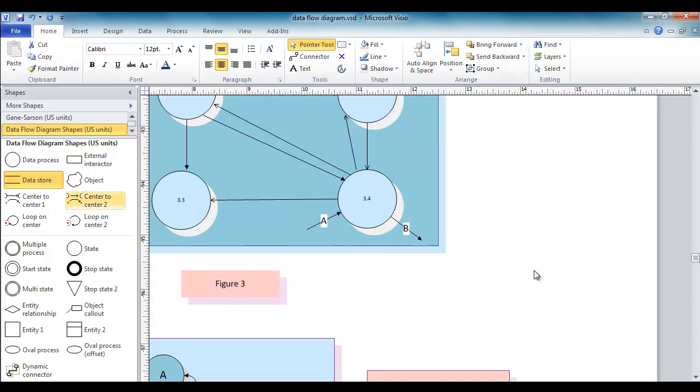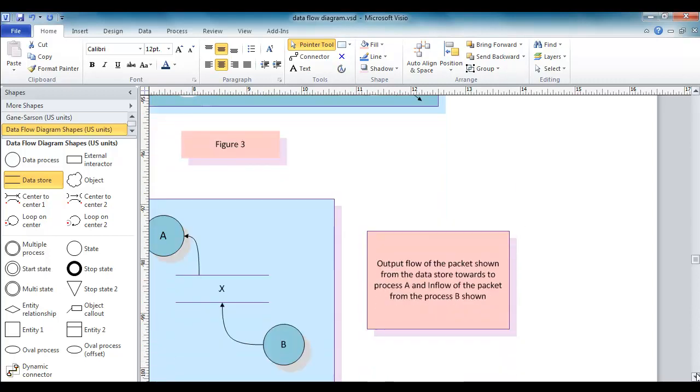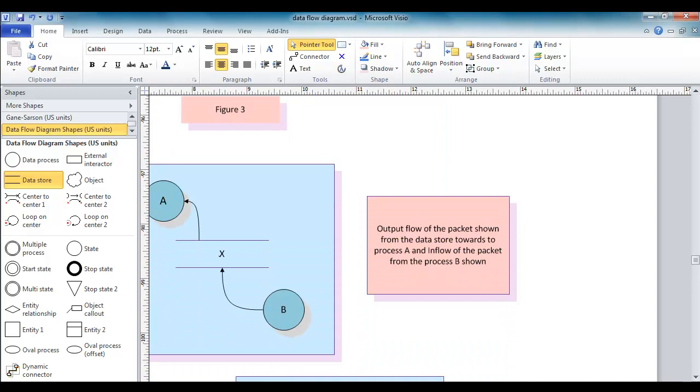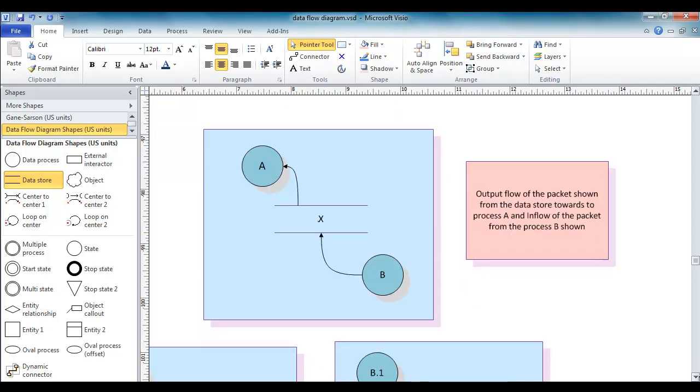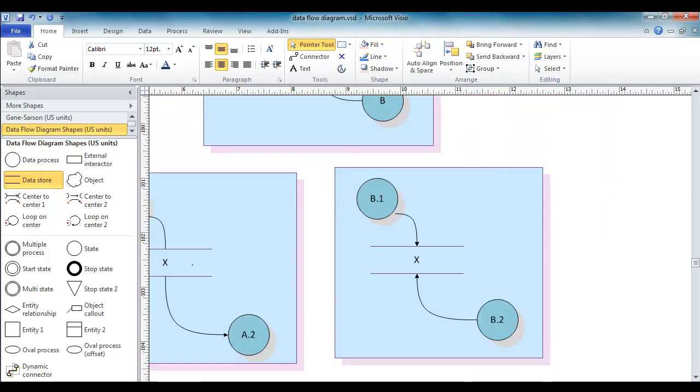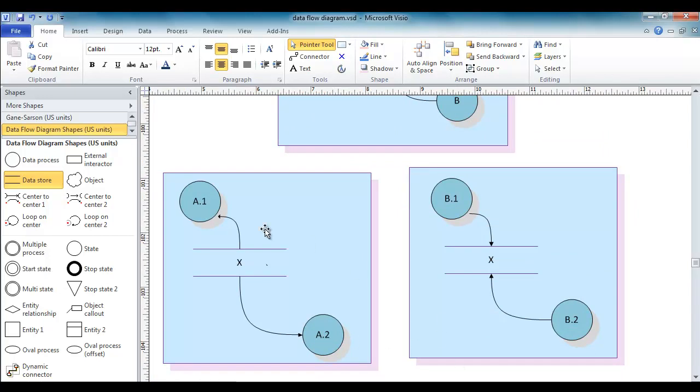square or the one of the rectangle, you can see. And now let's see the outflow of the packet shown from the data store towards the process A, and the inflow. Basically it is shown that X is the data store, and the data is the outflow of the data from the data store to the process A. What is happening is that this is being read, and process B is writing it. However, if you go to the sub-level diagram, you can see that